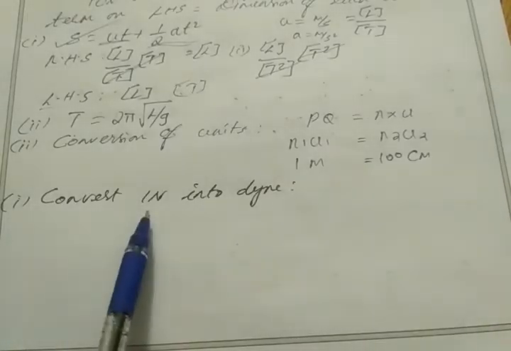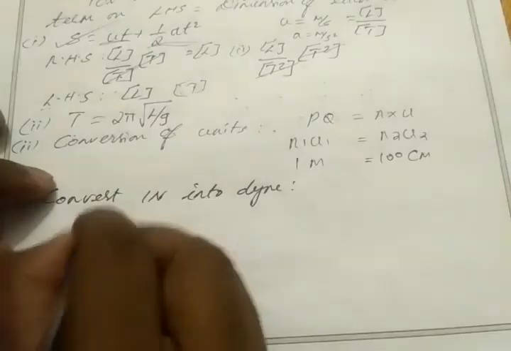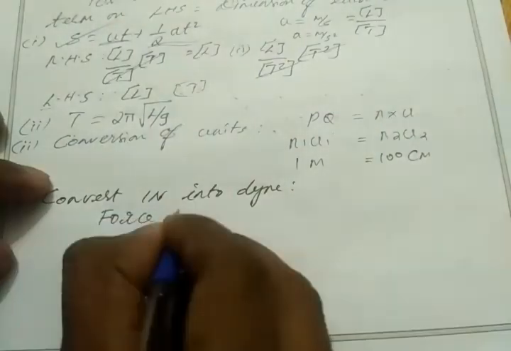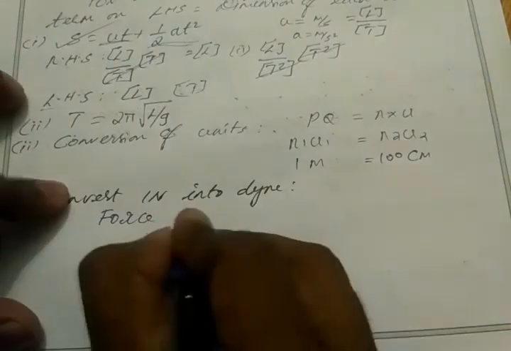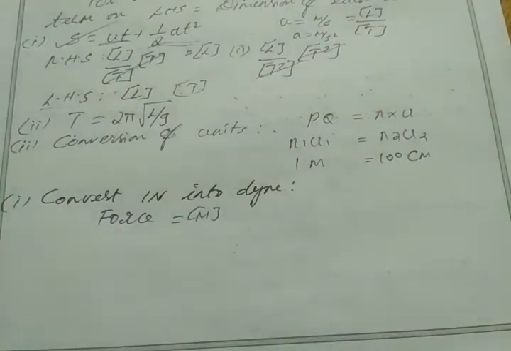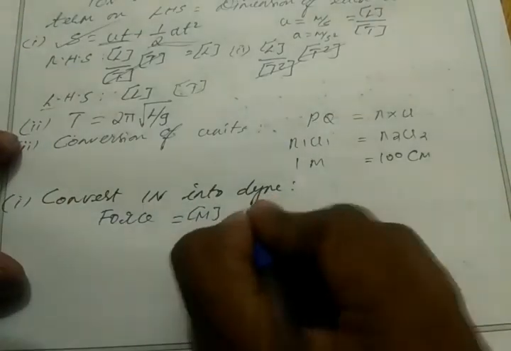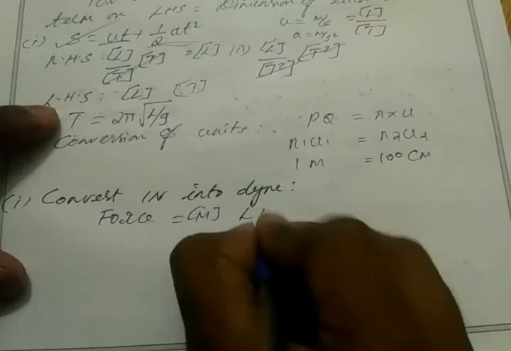Okay, so let me show one example. Here we have to convert 1 Newton into dyne. We don't know 1 Newton equals how many dyne, so we are going to find it using dimensional analysis. Newton is the unit of what? As we know, Newton is the unit of force. So for force, what is the dimensional formula? Force equals mass into acceleration. For mass, we simply put capital M. For acceleration, we use the unit meter per second square. So for meter, we use capital L, and second square will be in the denominator, so it goes upwards and becomes T power minus 2.